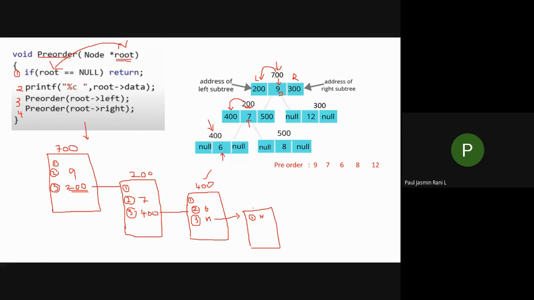Your root value is null and I'm returning back to your previous statement. Can you see this diagram? When your root value is null, I am returning to your previous part. After executing this statement, I am returning, isn't it?